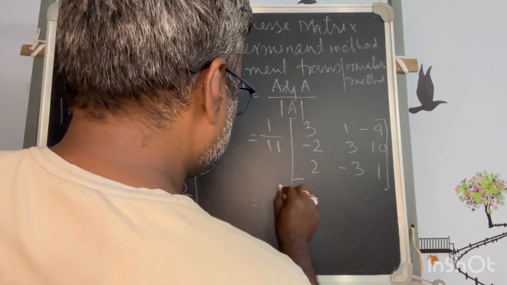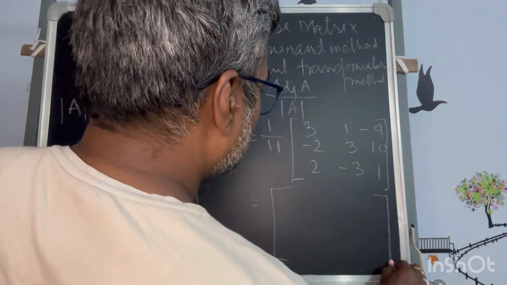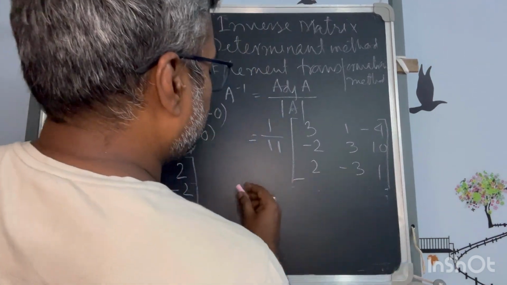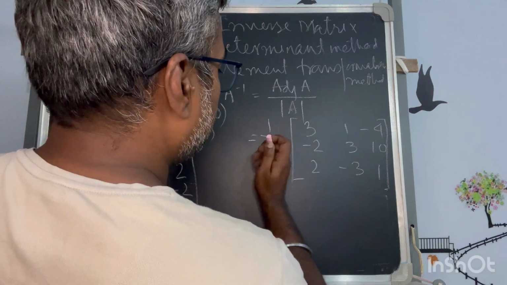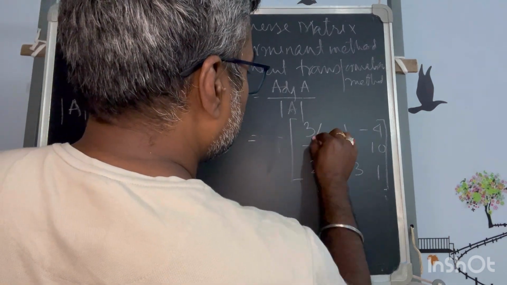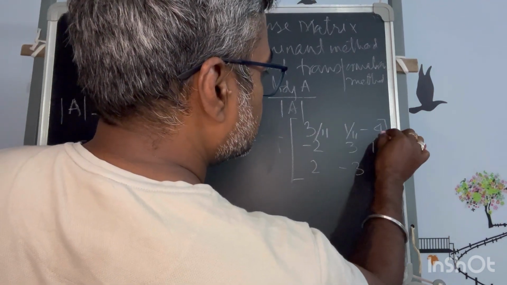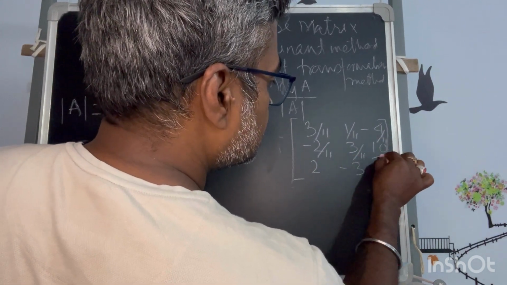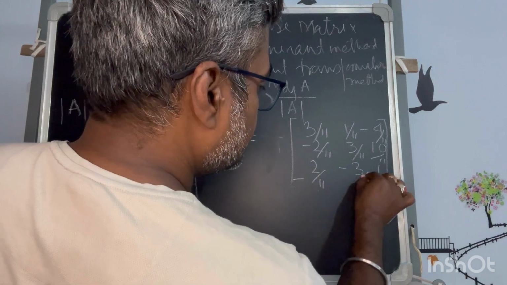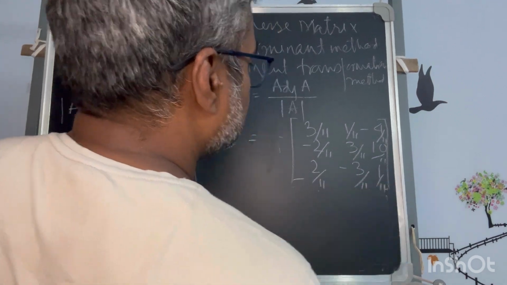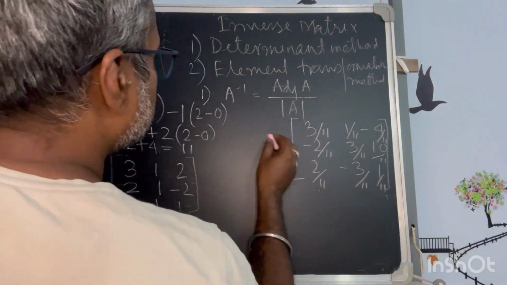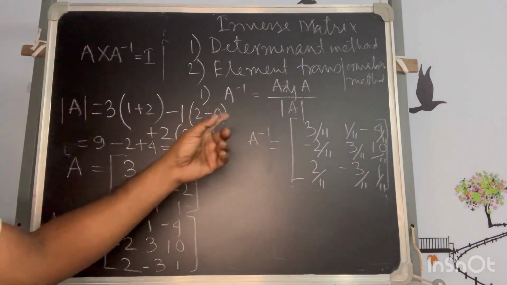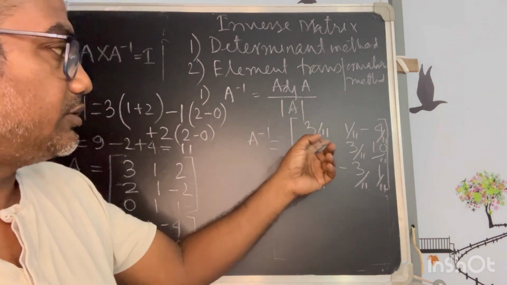Okay. So what I do, this 11 will be multiplied with all the terms. So this will come as 11 in the denominator of all the terms. Understand? So this matrix will turn into this form. So this is your A inverse. So by that you can find the A inverse. Okay, this is one way of finding